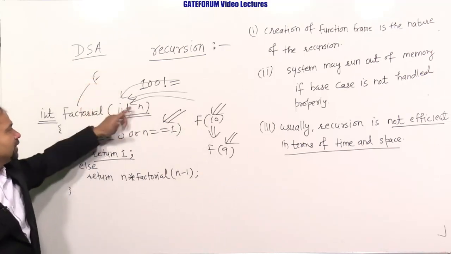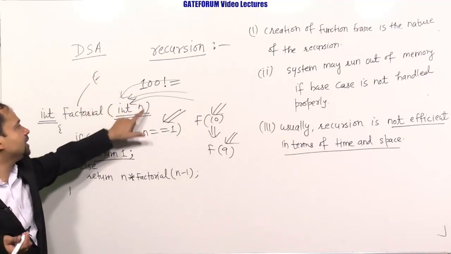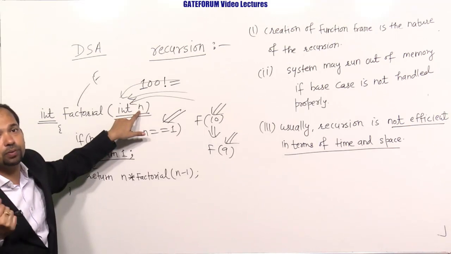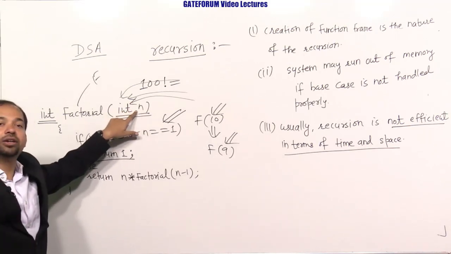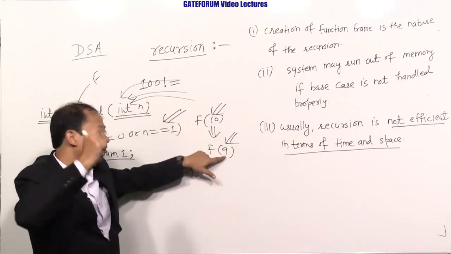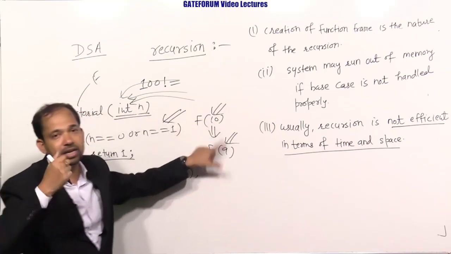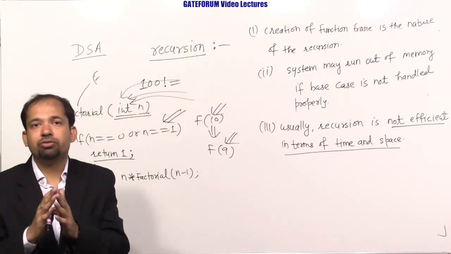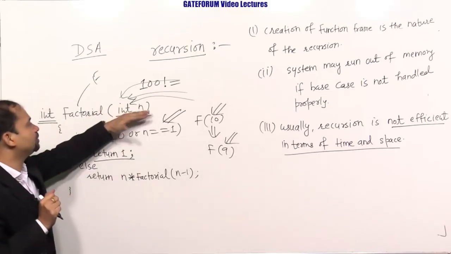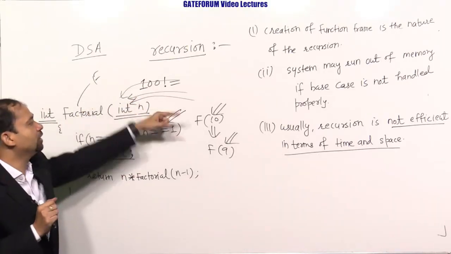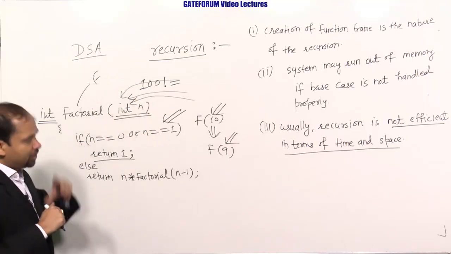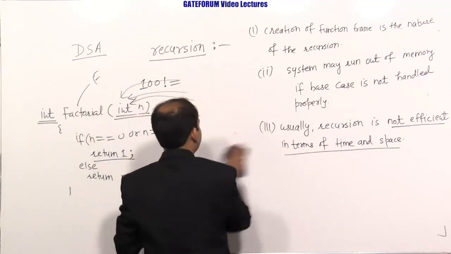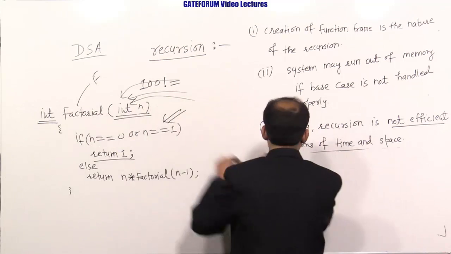Whenever a function is called, we need to allocate space to store the variable passed by value. For this particular n, we need another n. If 10 is now stored in n, we need another n to store the new value, which is now 9. So the space complexity of this program, if I say how many variables we require to execute it, is n variables, because n times we need to pass this value using the call by value mechanism.